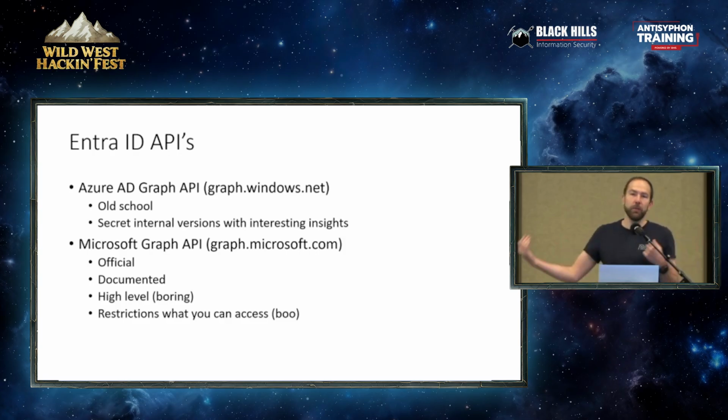If you look at some Entra audit logs, for example, the properties you'll see match the naming convention of the Azure AD Graph and not the Microsoft Graph. So it's a more high-level API, which for me as a researcher is, of course, a little bit annoying. And as I mentioned, it has restrictions on what it allows me to access. I'm not allowed to access the conditional access policies on there unless I'm a security reader or global reader, whereas with the Azure AD Graph, I can just see them as a normal user, and I see a lot of other interesting stuff. That's why I still prefer the Azure AD Graph API.